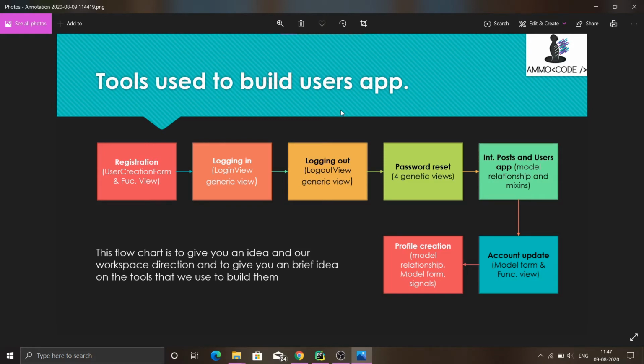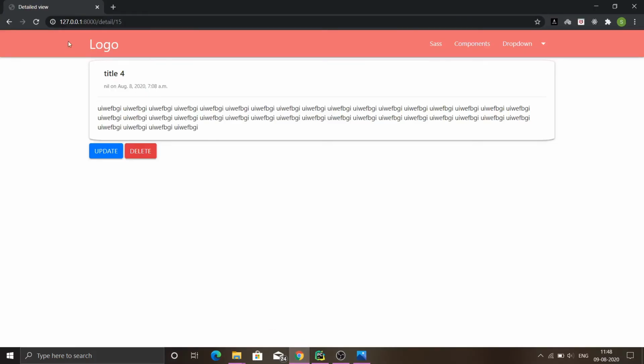We are also going to provide some admin rights to the posts app. For example, only the user who created the post can edit or delete it. For now, every user who can navigate to this particular location can update any post posted by any user. So we are going to restrict the users so that only the user who created a post can edit or delete it. Here we are also not going to create a user model to store user credentials.